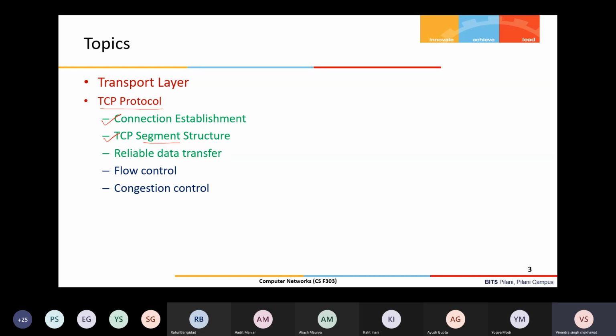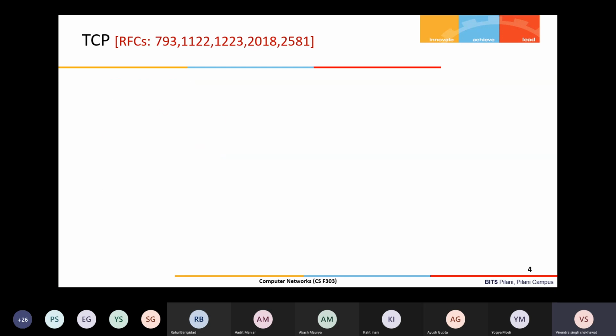And the reliable data transfer operation we will understand from the TCP point of view, how TCP is doing it, and then we'll see how it is related to go back N and selective repeat, and which approach it is following. And in the subsequent lectures we'll see the other features provided by TCP. So first we'll just look at that.